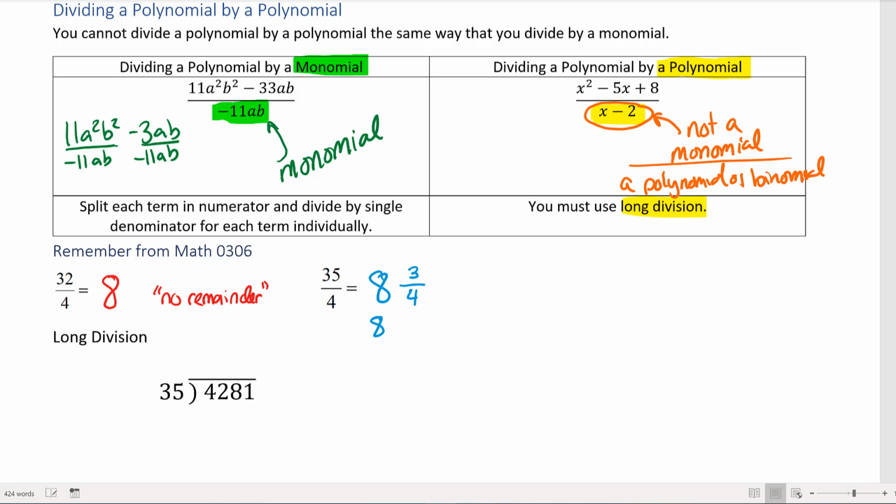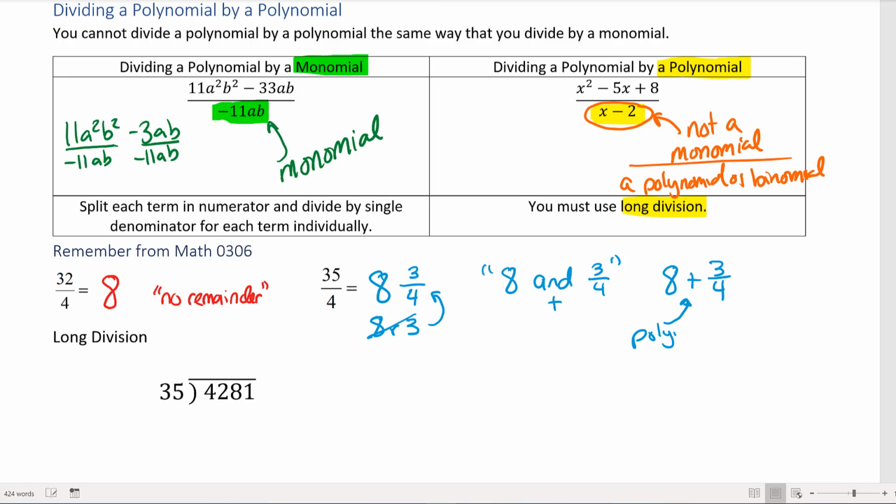Or if you remember, maybe at one point you were allowed to write 8 R3, 8 remainder 3, but then we learned that instead of 8 remainder 3, it would be better if we had the 8 and 3/4. Now the way I pronounce that is 8 and 3/4. Okay, that and is really a plus. So another way of thinking about it would be 8 plus 3/4. So like if you're measuring 8 and 3/4 inches, you'd go 8 inches over and then another 3/4. Now when we're talking about numbers, we don't use this plus sign here,